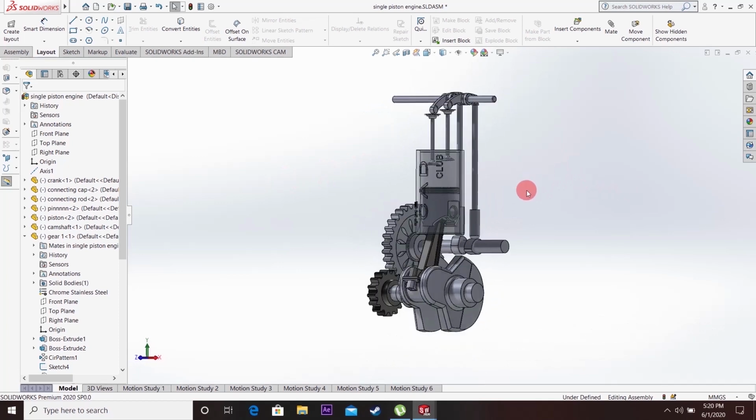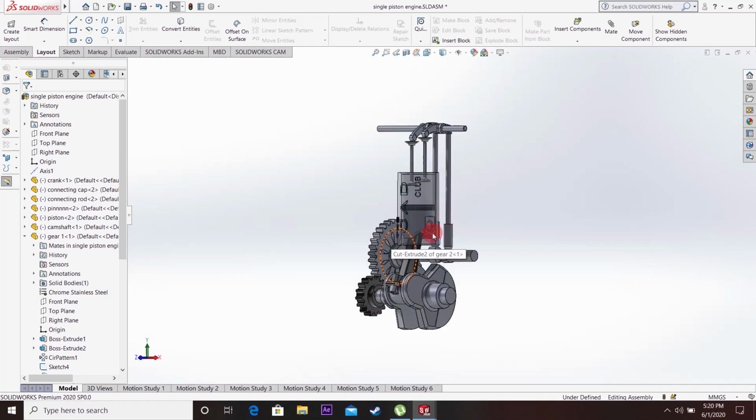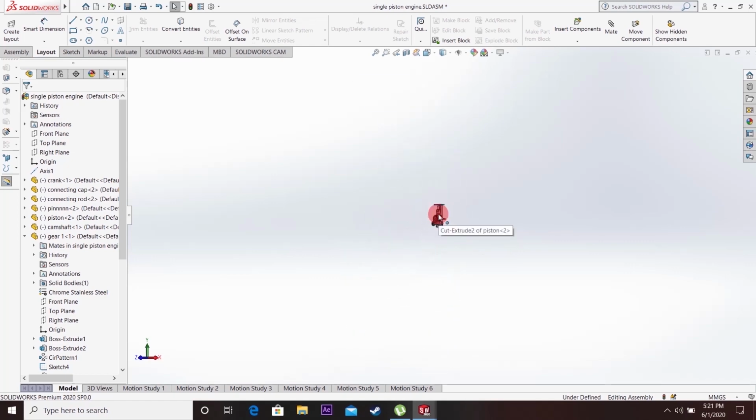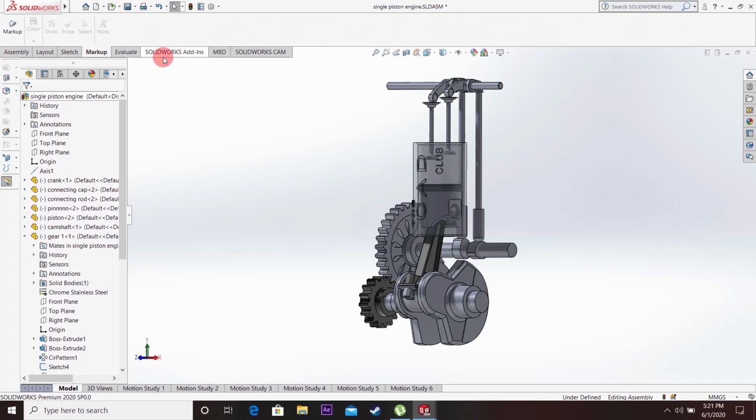Rotate your roller in and out to zoom in or zoom out. If you zoom out too much, you can't see your object, right? So double click on the roller button to bring it back. You can select any of the faces or any of the commands over here by right clicking it. Okay.